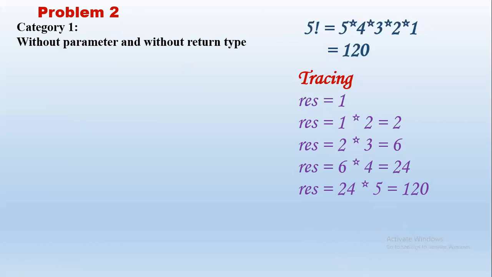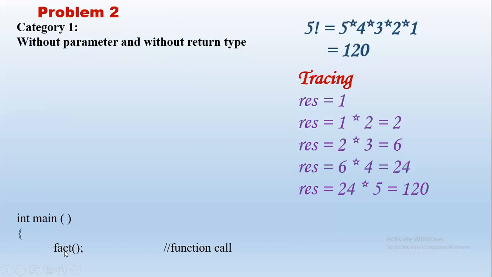Let us see the implementation of the same. We have done this without modular programming in the previous lab sheets. Here we will execute the same using functions. This category says without parameter and without return type. That means we will simply specify the name of the function like this. Please note, in main, control always starts from main. We just specify the name of the function as fact.